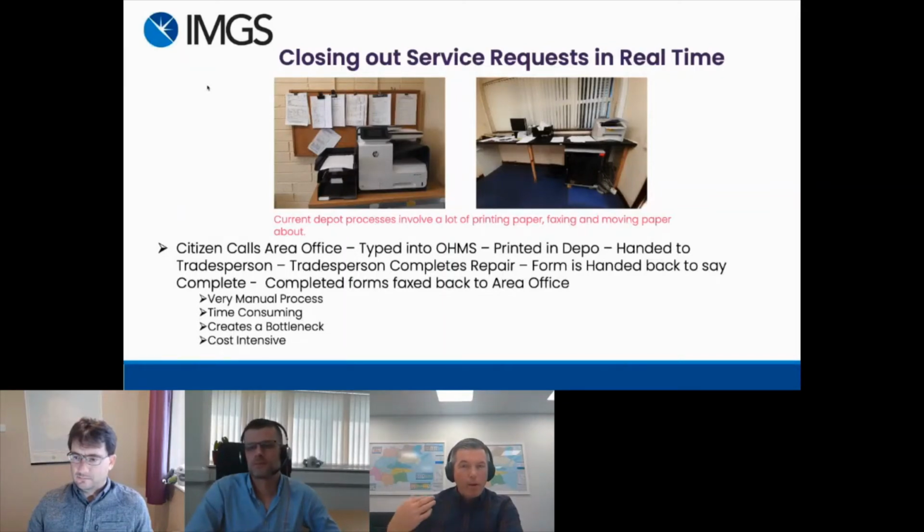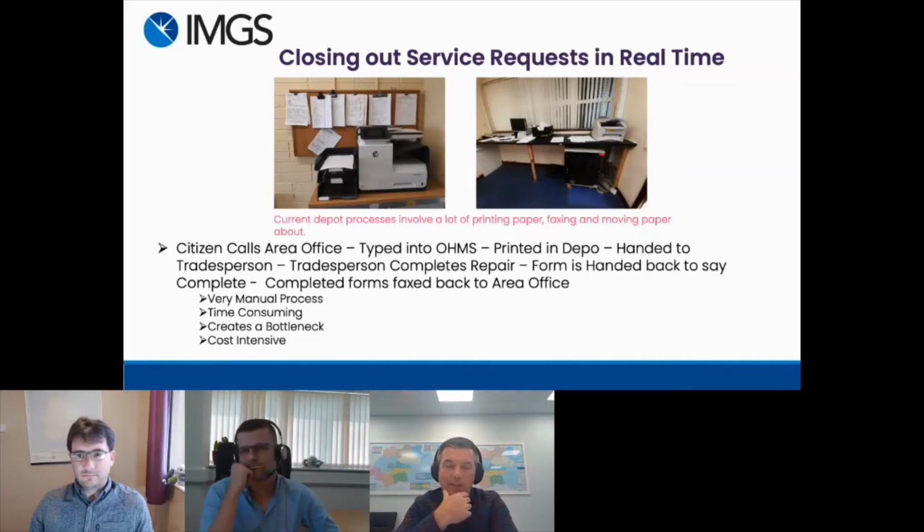Even though we know the jobs are being done quickly and being done well, we can't see it, and this is the type of information that we need to see. So overall, the process is very manual. It takes a lot of time, and it costs us money, because we're constantly chasing people down to see where things are at. So we came to IMGS with an idea for a tradesperson app